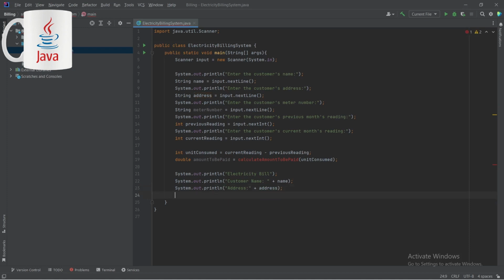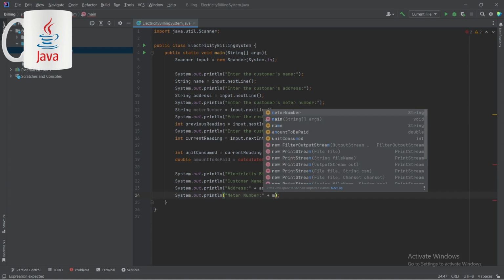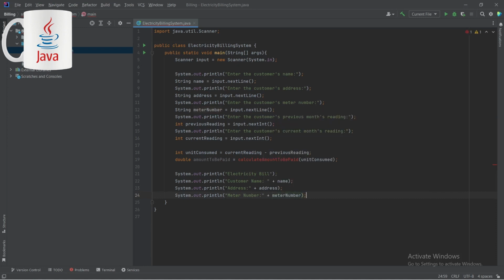To do so, let's say the meter number of our customer. We're going to refer to the input from the customer, which is meter number. But we are also going to print to the customer the previous reading and current reading. So now we are going to print the previous reading. Let's say the previous reading of our customer,